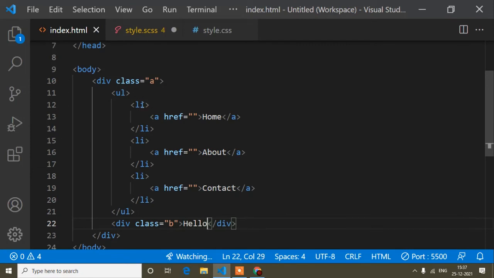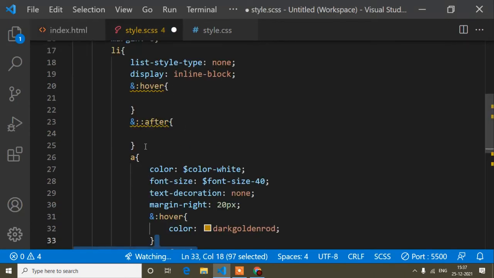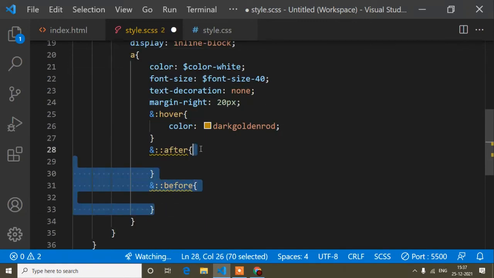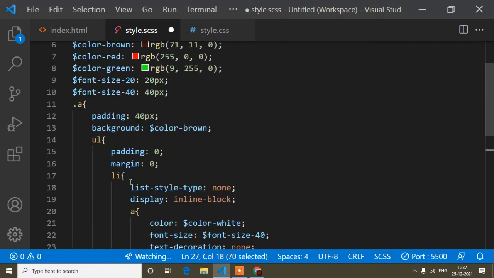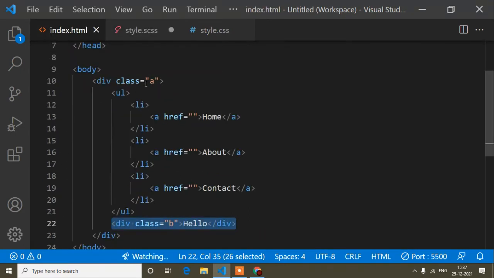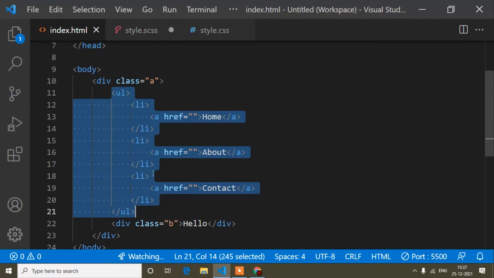So how will I write this b class css in the SCSS? Just I will remove the hover and after, because I hope it is clear. Just this one I will keep. And now guys, inside this anchor tag there is the b tag, not ul li, right? These are separate and the b tag is separate, but inside the anchor tag.